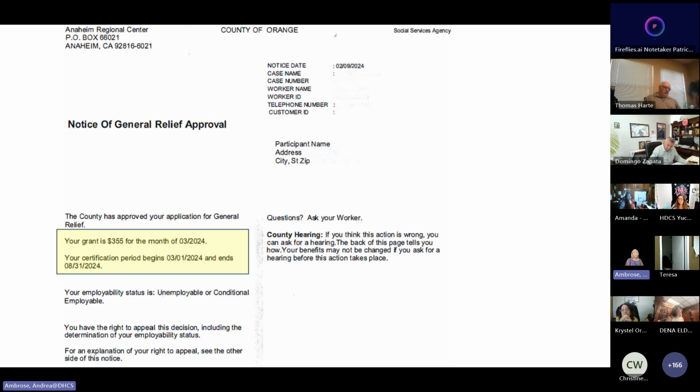In this case, we have someone that received general relief benefits, and you can see on this award letter that they begin receiving those benefits in March, and they've been approved for that through August. So in this participant's case, it would not make sense for you to do a financial reassessment for the months of April, May, June, July, and August, because they'll just bring this exact same letter. And it would be, again, the overhead on you guys to have to document that assessment for every month that you want to reassess.